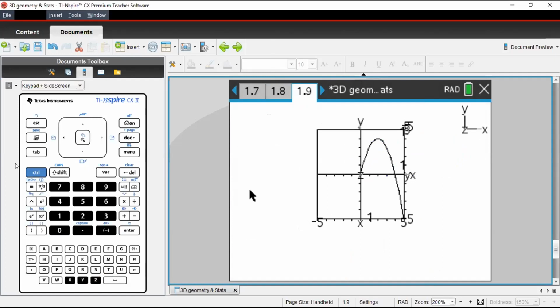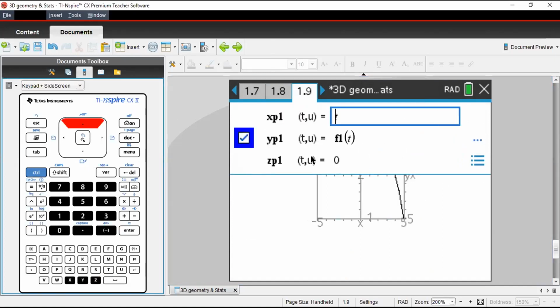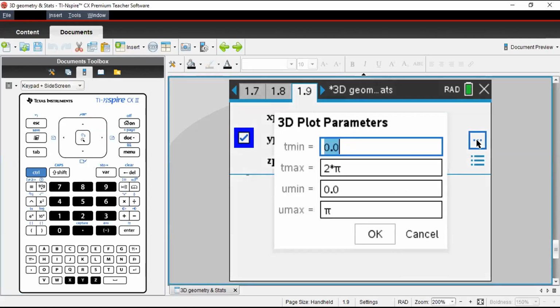Now, one thing we haven't noticed is that when I enter the parameters over here, I have edit parameters. When I click on this edit parameters, by default, the values of t will be from 0 to 2 pi and the values of u will be from 0 to pi. But I want to change my values of t, let's say from 0 to 4.